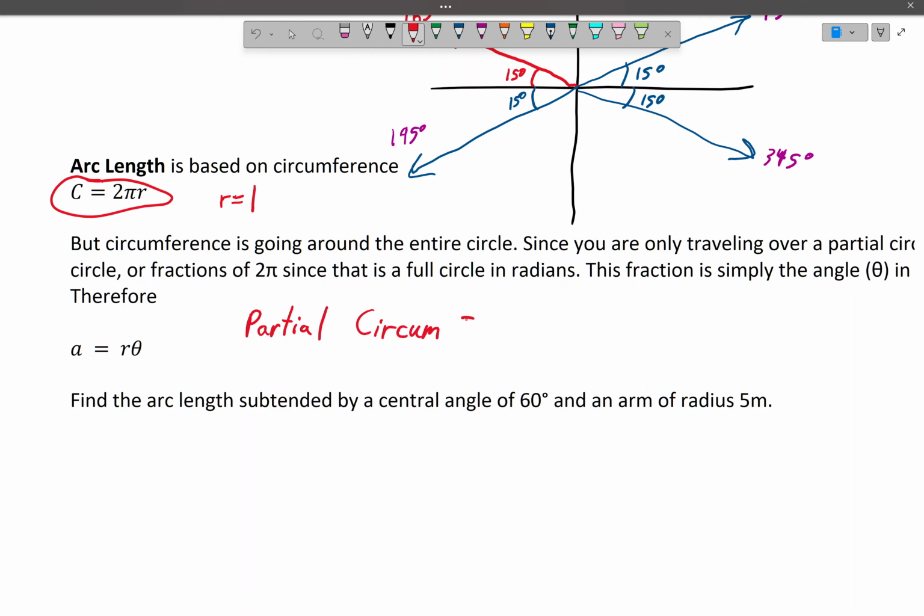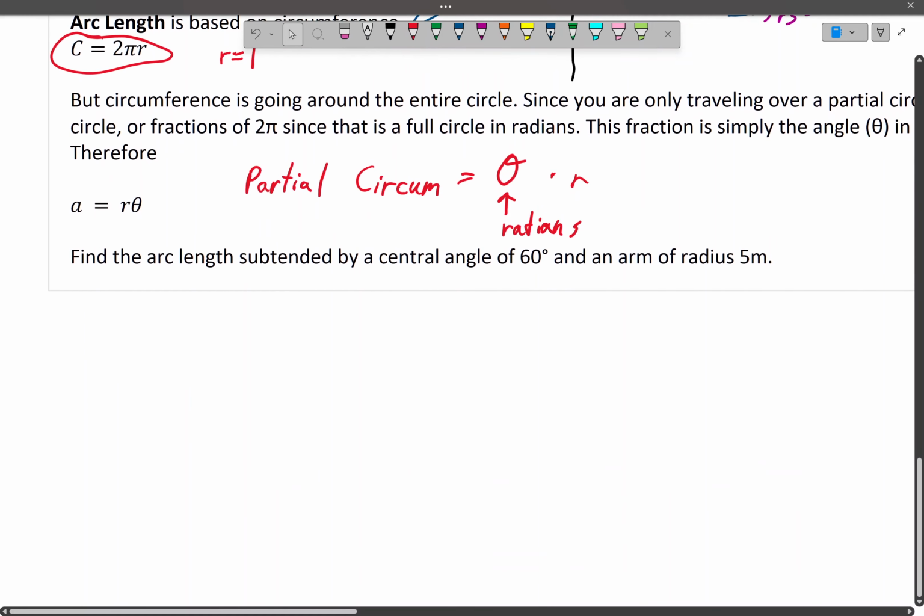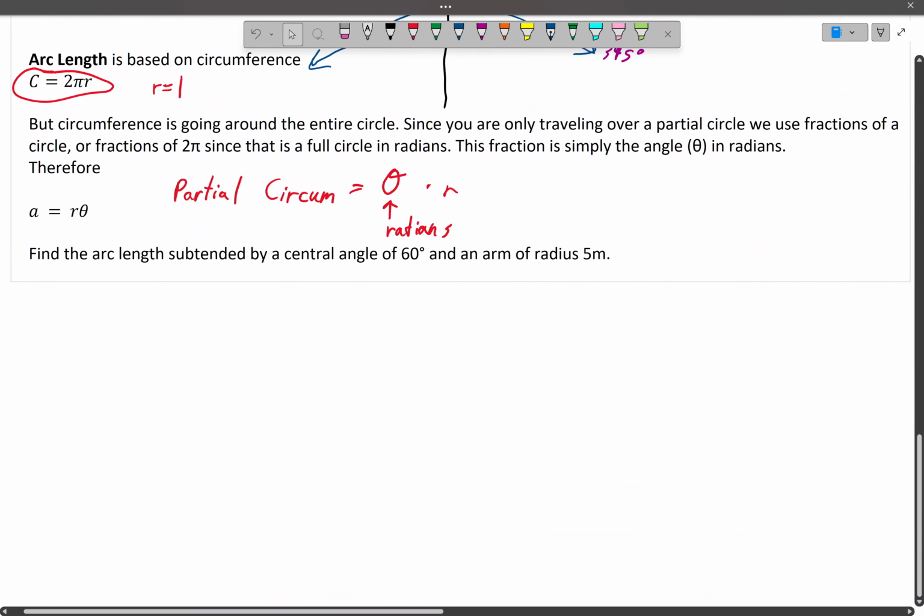then it's still based off 2 pi r. But instead of doing 2 pi, because that's a full circle, we're going to do the angle, but the angle is in radians, because it's a partial circle, a fraction of the 2 pi. All right, so this concept, and there you go, now you can actually read all the words, will allow us